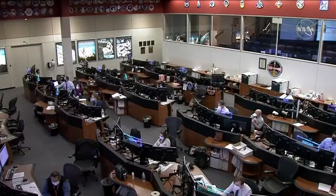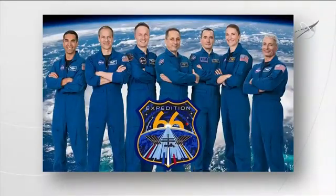And currently living and working aboard the International Space Station is a crew of 7. From left to right are NASA astronauts Raja Chari and Thomas Marshburn, European Space Agency astronaut Matthias Maurer, Roscosmos cosmonaut and station commander Anton Shkaplerov and Pyotr Dubrov of Roscosmos, and NASA astronauts Kayla Barron and Mark Vande